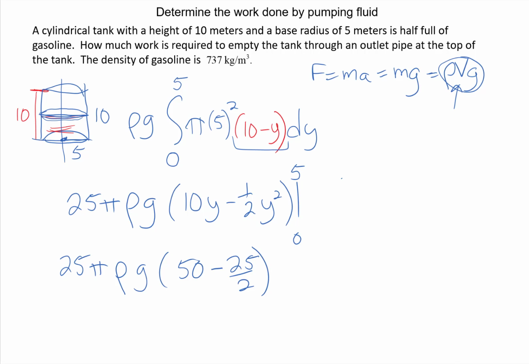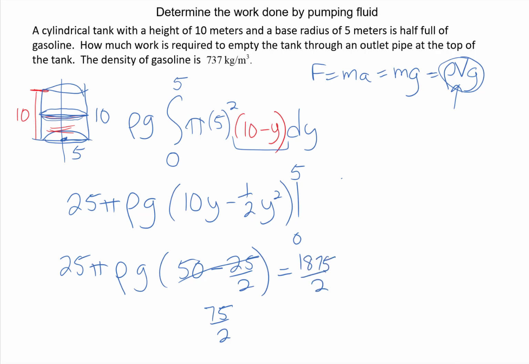And so that's going to give us, let's see, 100 halves minus 25 halves, so that's going to be 75 halves. And then I'm going to go ahead and come up with a decimal approximation for this after plugging in the pi, the rho, and the g. So I'm going to have the 25 times the 75 would be